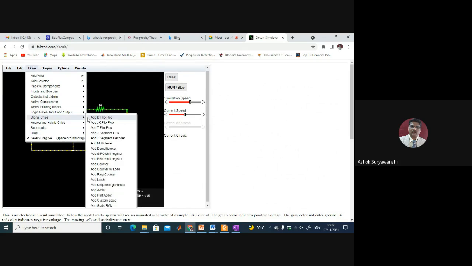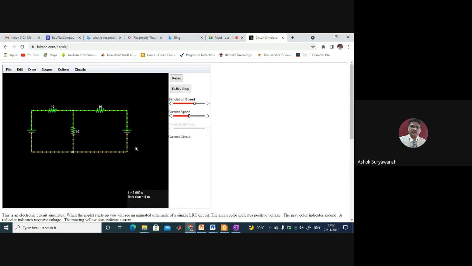It may help you to understand the circuit analysis right now in our NA, but in other courses also this is quite useful. So I hope you understood this use of the Falstad electronic circuit simulator, which is nothing but an applet actually. It is very simple. I told you last time, it does not require memory to store, download, etc. Okay, so I think we'll stop here.